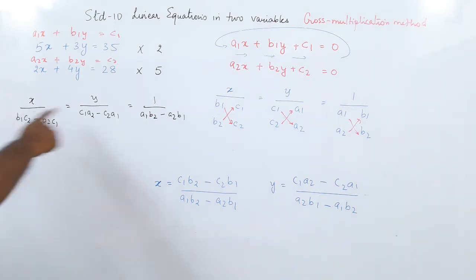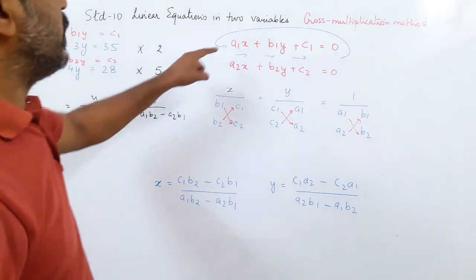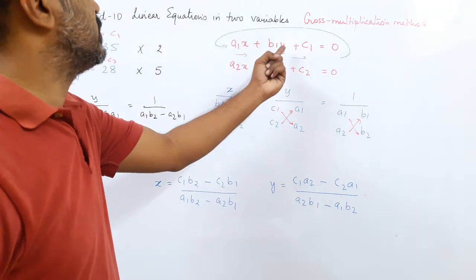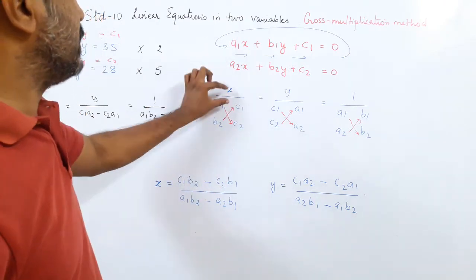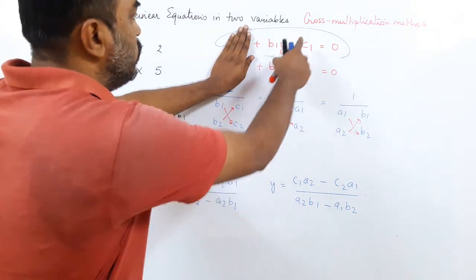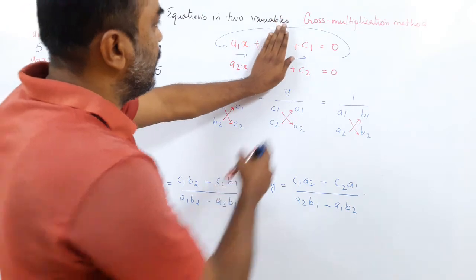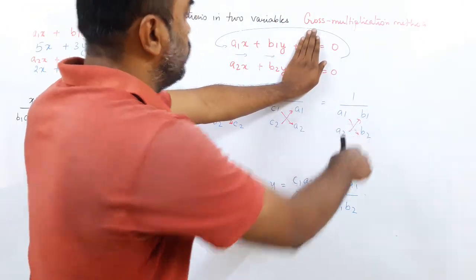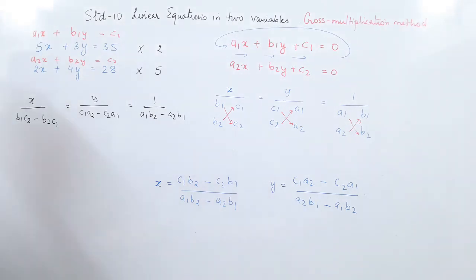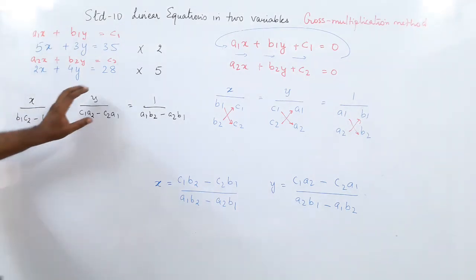Is it clear? So how will you write here? You will write a1x plus b1y, you will take this on this side, c1, and the equations. So I wrote this. So x, I hide this: b1 b2 c1 c2. Then y, I hide: c1 c2 a1 a2, and this I hide: 1 upon a1 a2, and I cross multiply. And now you can see, if I want to find the x, these are all equal.